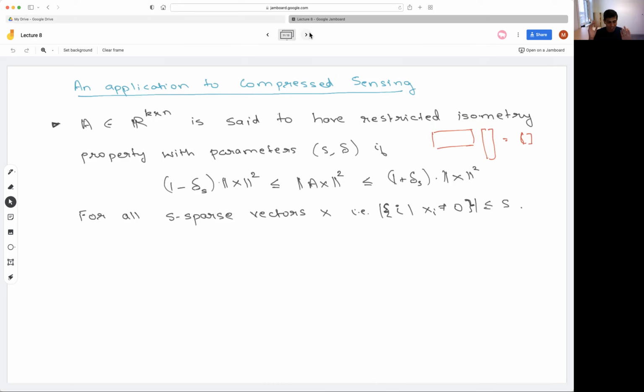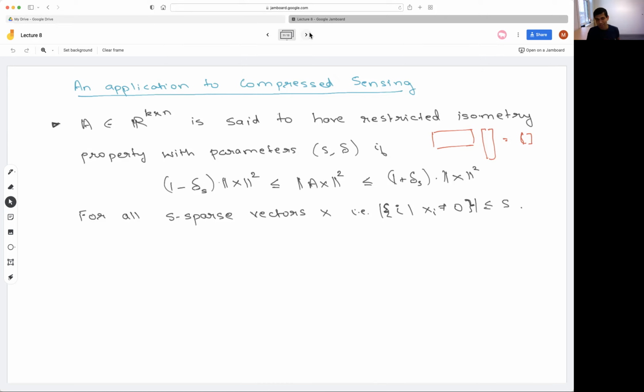In particular, there is this notion of a 1-pixel camera, etc. So there are applications where you want to somehow compress the vector x and just store the few coordinates given by A times x. And in general, we can't do it for all vectors x. Now it's not just compressing some set of data points, but we are trying to compress an unknown x. We're just going to come up with this matrix A, which is your camera. This x is the image you are seeing in the world, and this camera measures or takes some linear transformation of what you are seeing in the world and stores a few things in the memory.